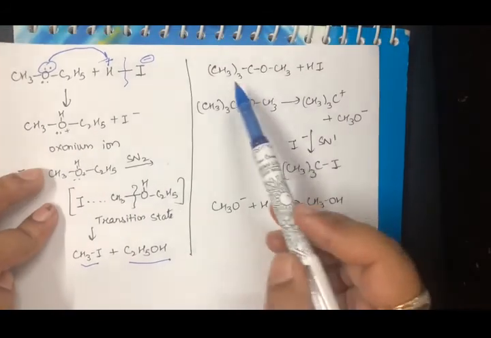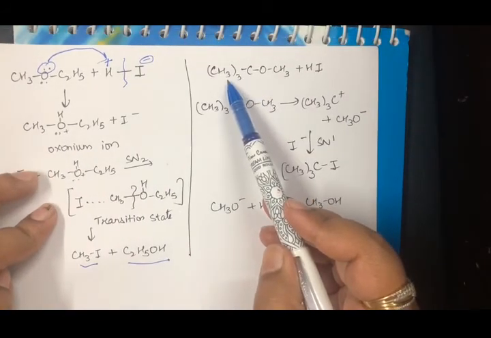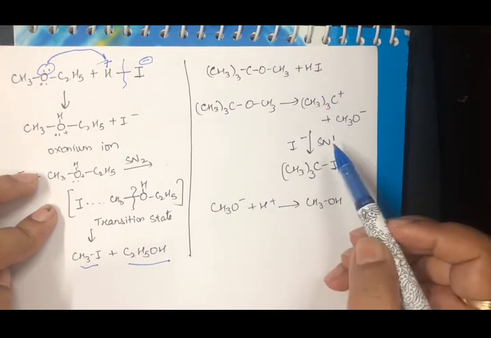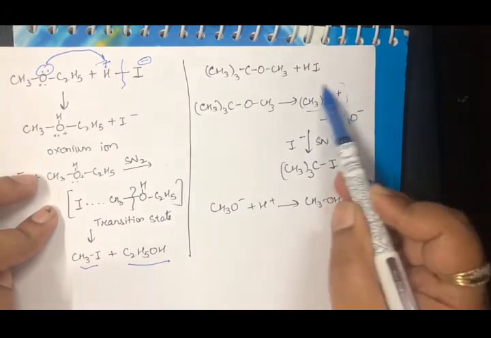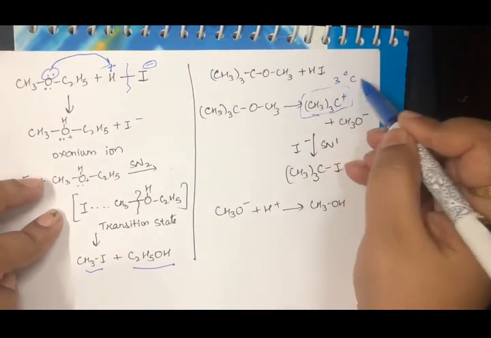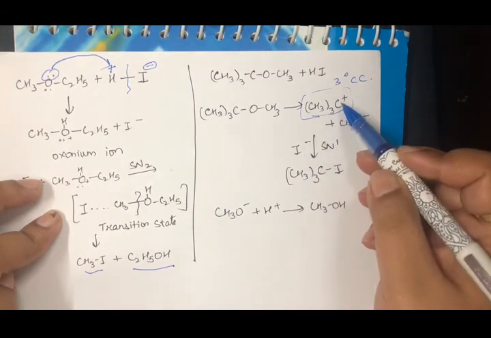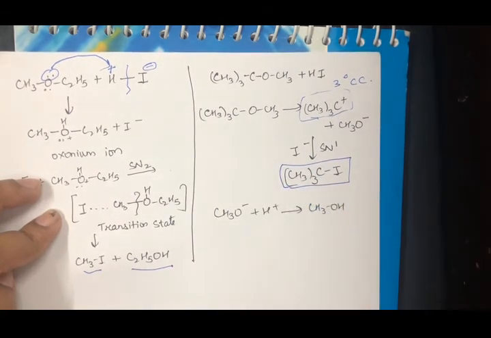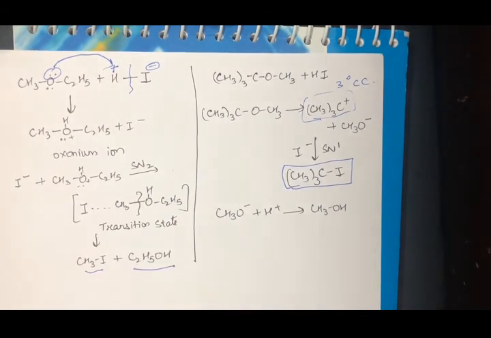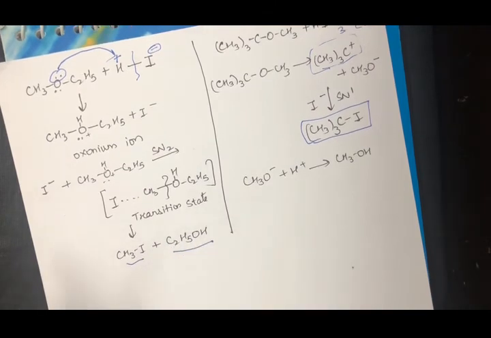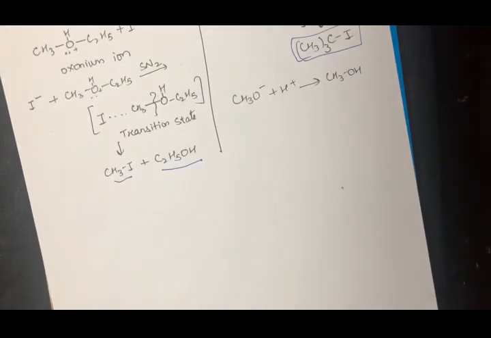On the contrary, when you have a tertiary group present on one side of the ether and you react it with HI, the very first thing, due to the SN1 mechanism, would be that it will yield a tertiary carbocation here, right? And this is very stable. Now my nucleophile is ready and it will attack the tertiary carbocation. So these are the two important cases that you need to remember. And the third one is that whenever you have an alkyl aryl ether, you will always end up getting the phenol. Now I will discuss one question with you.